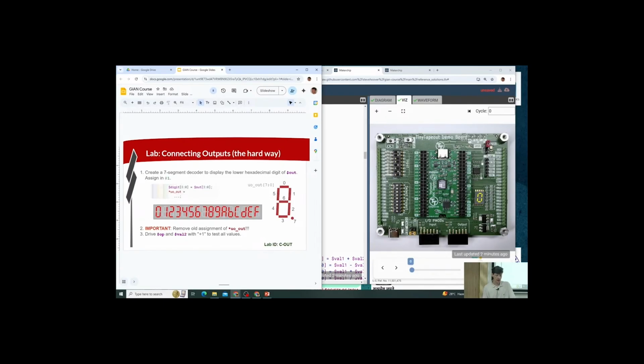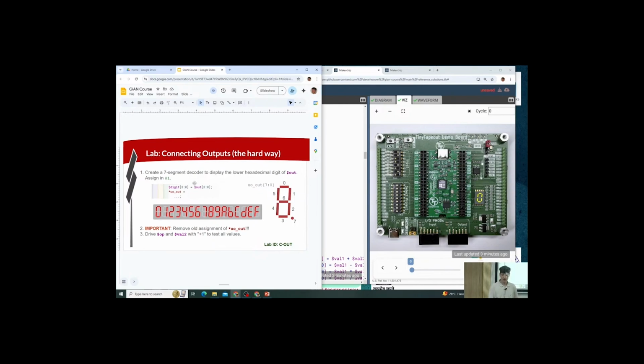So the next lab is to connect the outputs. Right now, you've dropped your logic into the template, but we haven't hooked up the inputs, we haven't hooked up the outputs. So the next lab is to hook up the outputs, and the lab after that is to hook up the inputs. And then we'll have a complete tiny tape-out design, a functioning calculator, and we can play around with that on the FPGA boards. Okay, so this lab